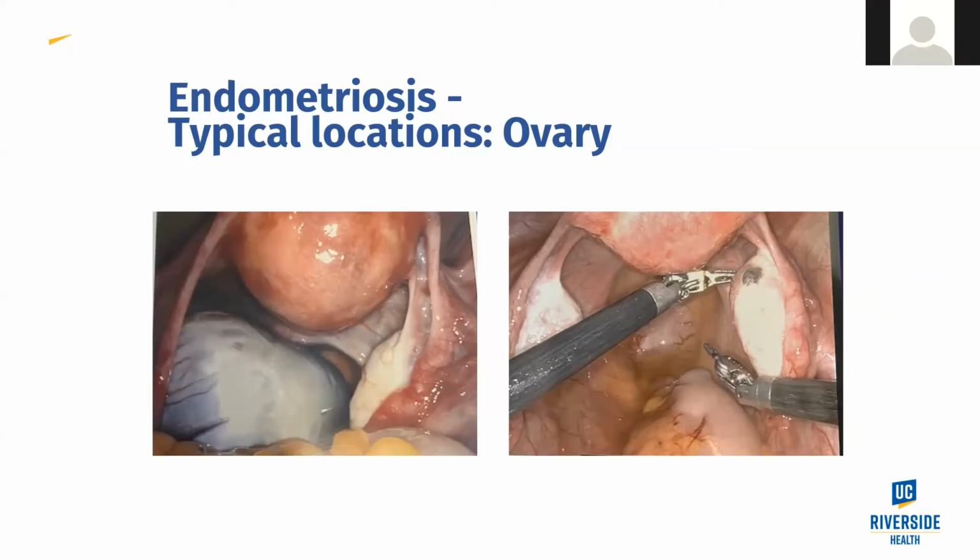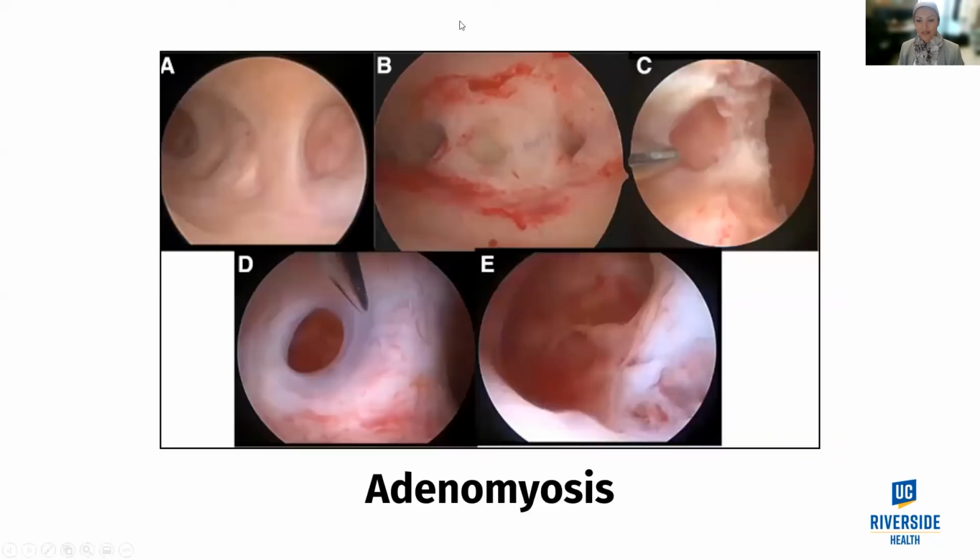But now let's ask the reverse part of that question. When women are diagnosed with endometriosis, how many are unable to get pregnant? And the answer is only 30%. So 70% of women who are diagnosed with endometriosis can conceive naturally.